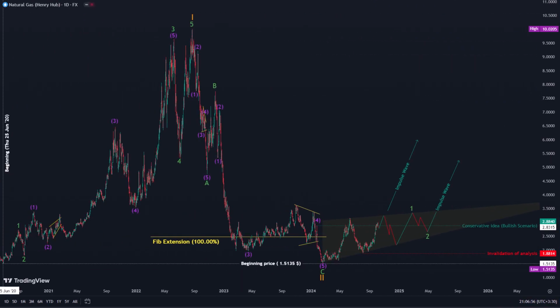Let's analyze the natural gas chart. We can observe the third wave expanding from the first wave to a greater degree, which has already occurred, and the first wave to a greater degree has been completed. The second wave, in a larger degree, appears to have formed a zigzag pattern, and it has been completed. It's important to note that the second wave should not surpass the starting point of the first wave.